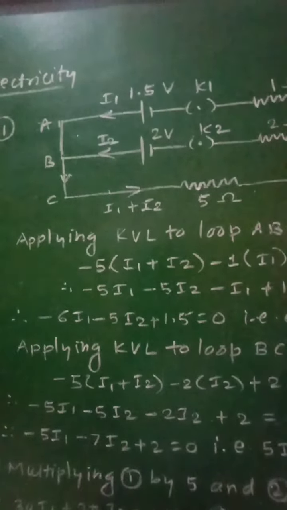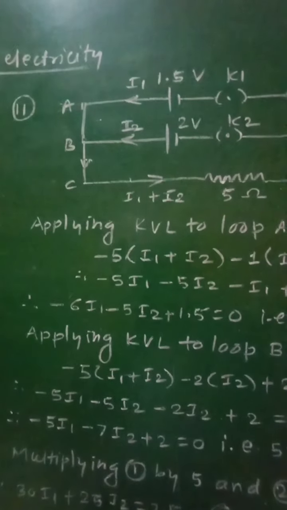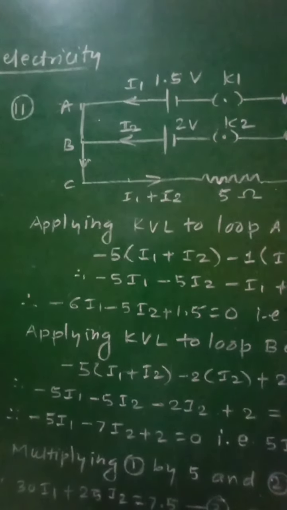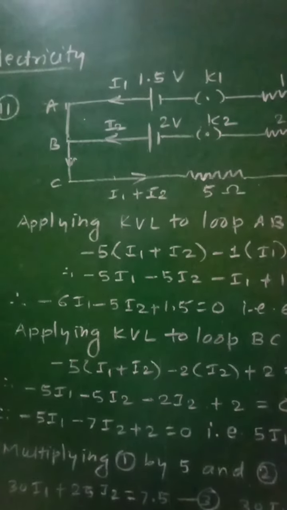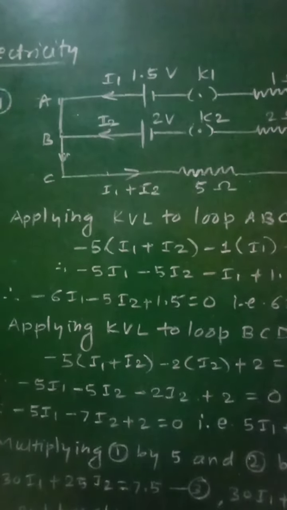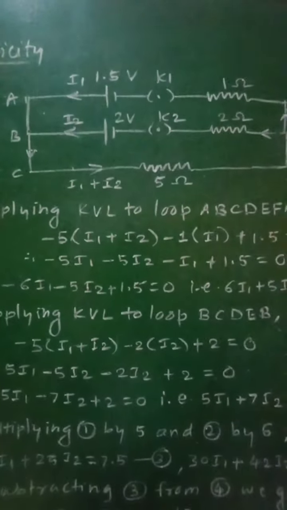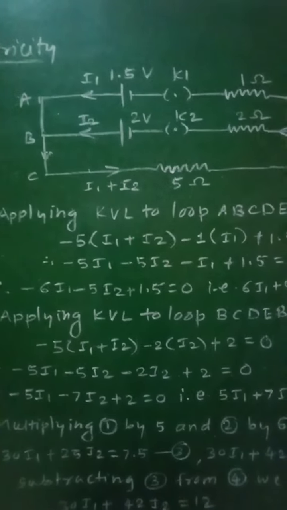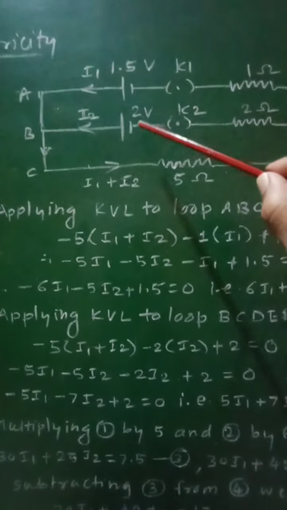And now let us go for the next numerical, that is numerical number 11, which is given as again: 2 cells of EMF 1.5 volt and 2 volt having respective internal resistances of 1 ohm and 2 ohm are connected in parallel so as to send current in the same direction through an external resistance of 5 ohm. Find the current through the external resistance. Now this numerical number 11 is similar to that of numerical number 10, only the batteries are replaced by cells,